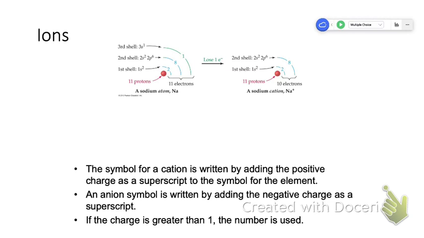Now, check out the difference. If you say the sodium atom, there is no charge as a superscript. The superscript is the charge. Here, notice there are 11 protons and 10 electrons, 1 more proton than electron, so you get sodium plus. Do you have to put a 1 up there? No, because that's just assumed to be there. Okay, now let's look at